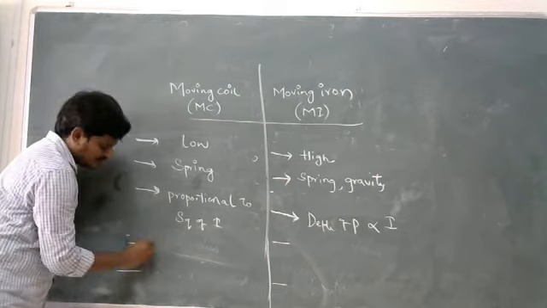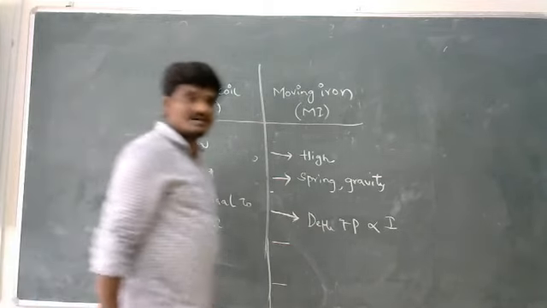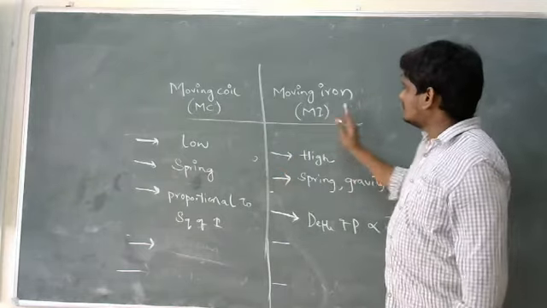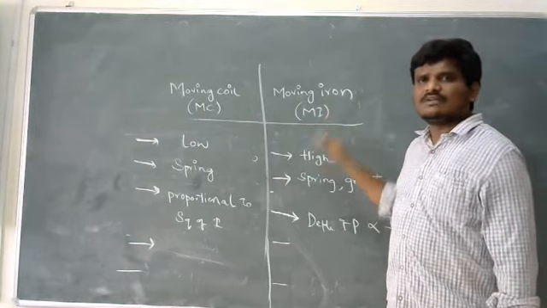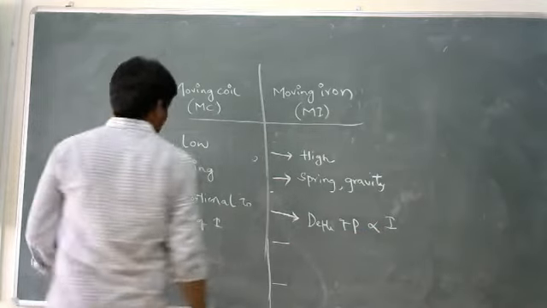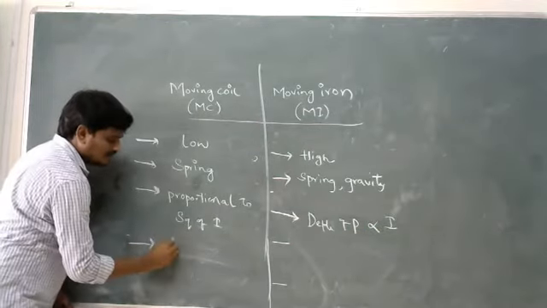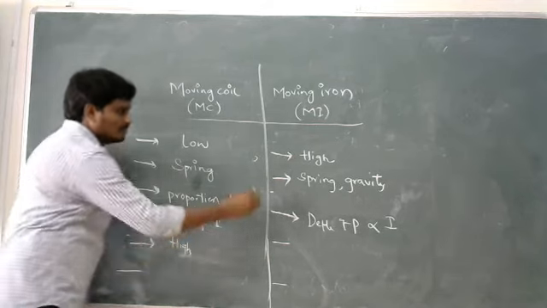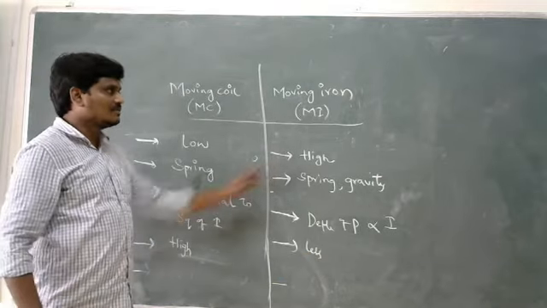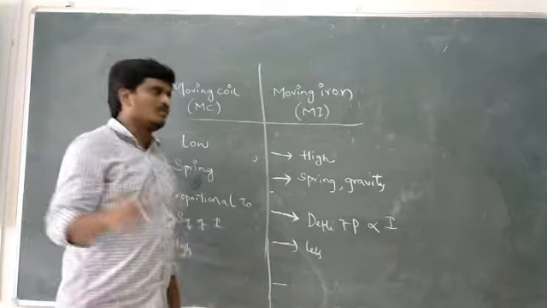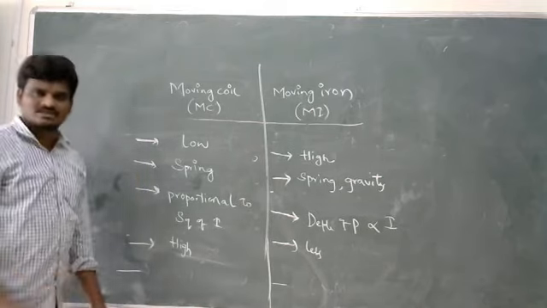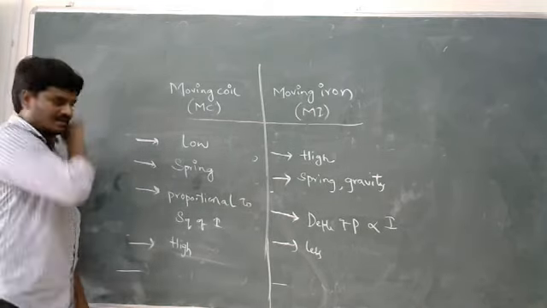While coming to the next factor, accuracy. Accuracy in reading the values. This instrument is also used to read average values or RMS values or any other values with respect to DC and AC. But the main thing is with respect to accuracy. The moving coil instruments are highly accurate and the moving iron instruments are less accurate in reading the values. Though the MI instruments are used for reading both average values and RMS values, they are less accurate when compared to the MC instruments.